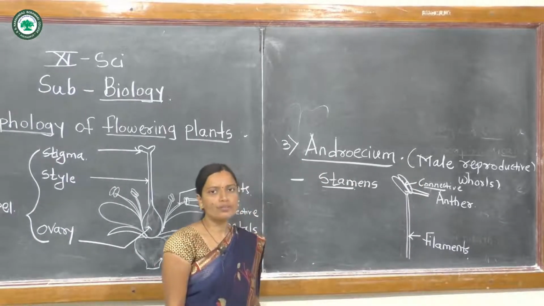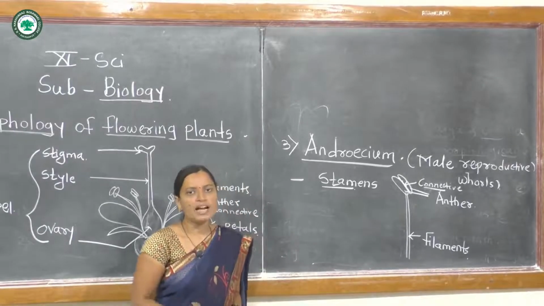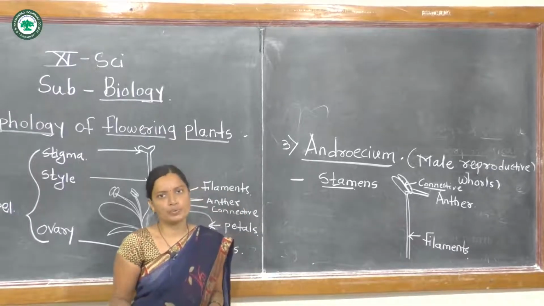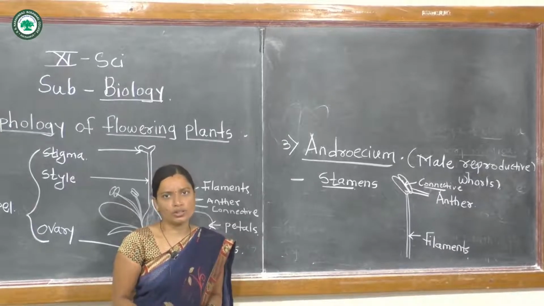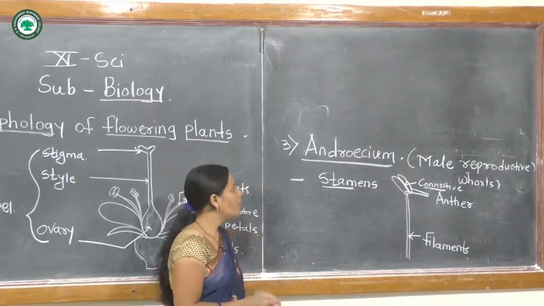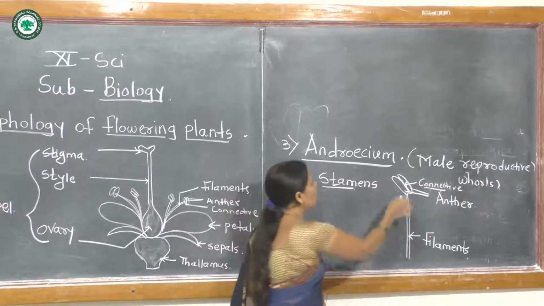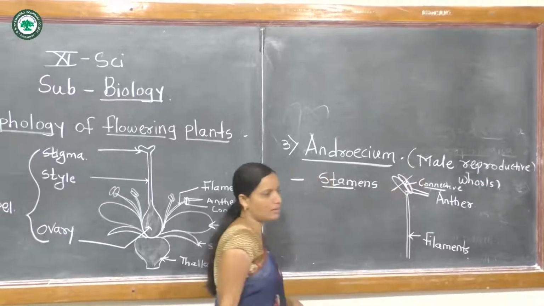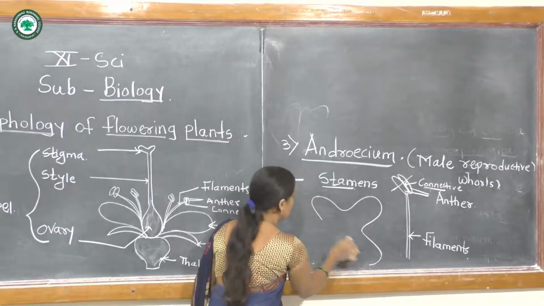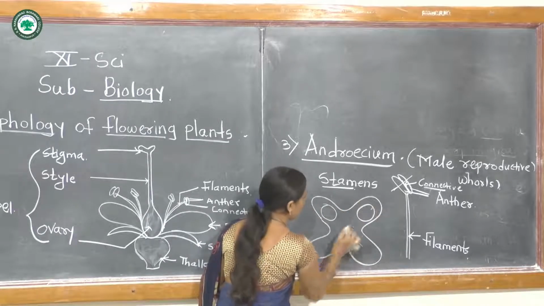Now this is the most important floral whorl. It is the essential floral whorl of the flower. In some flowers the androecium is free, and in some flowers it is fused. They can be joined with each other. The androecium is the most important part of the flower, and it bears this bilobed anther. Cut this bilobed anther and the transverse section shows a tetrasporangiate structure.